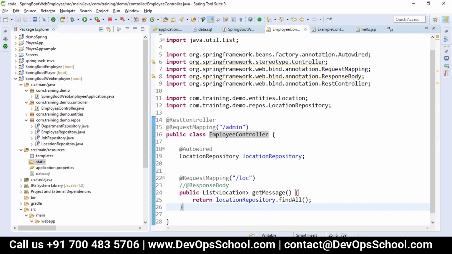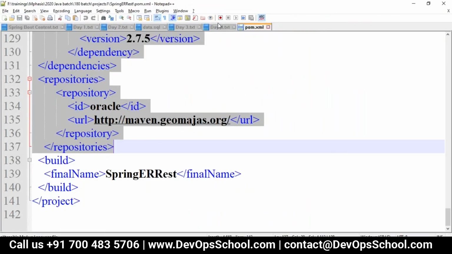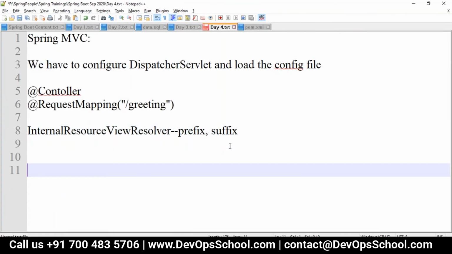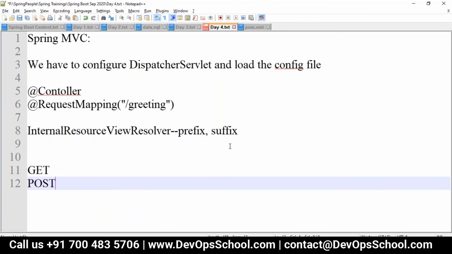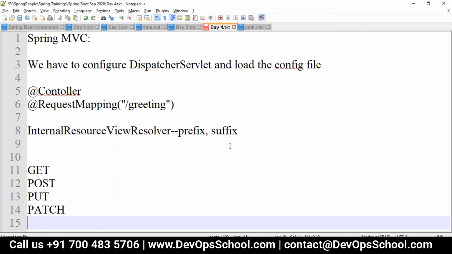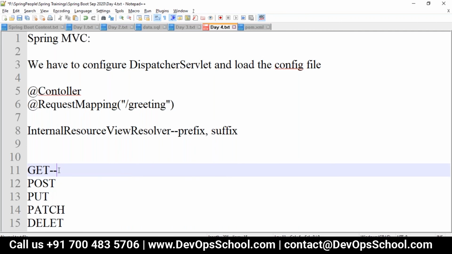And as a REST endpoint, how will you work with REST? With REST, we are able to work with four or five methods, which are get, post, put, patch, and delete. Basically, get will be used only for retrieval.